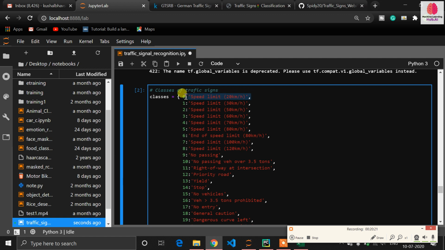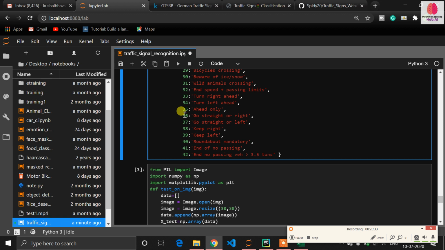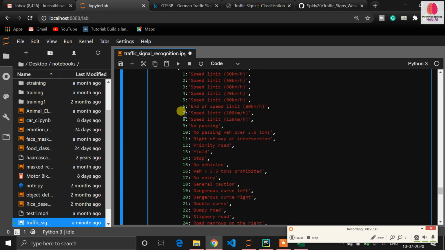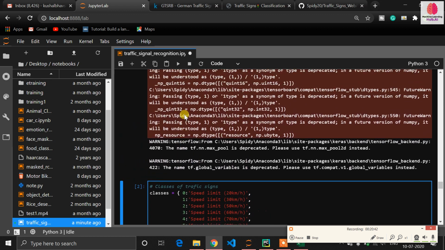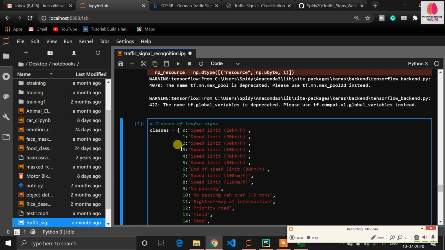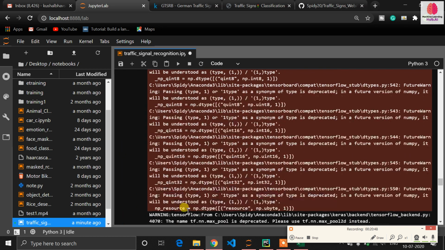If I start counting from 1, then my prediction would be wrong. That's why we start from 0 and go to 42, which means if you count 0, then it will be 43 classes. Understand this concept, it is very easy to understand. Lots of people make mistakes here. If you start from 1, then you will get a wrong prediction.